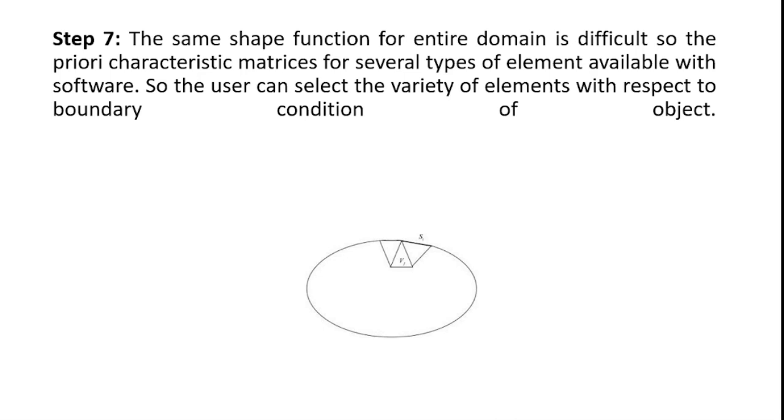So in every software, for example, if I consider ANSYS, the priori characteristic matrices are available for several types of elements available with this software. So the user can select a variety of elements with respect to the boundary condition of the object. From this he can fill up the entire domain with the different